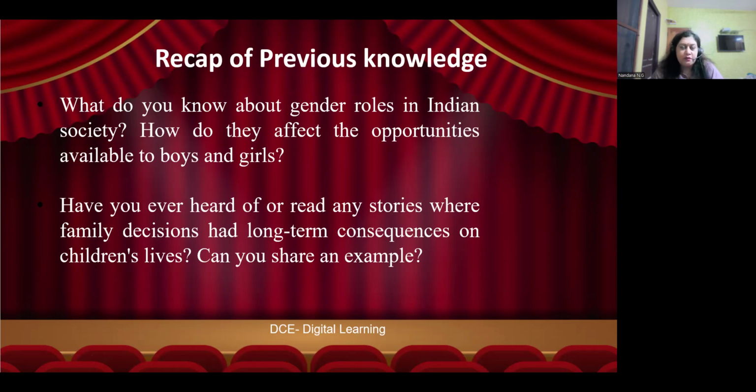Definitely, opportunities available to girls and boys are affected. Boys are expected to work at any cost. Boys are never expected to show their emotions, while girls are expected to listen. They are expected to follow. So anything to the contrary, for example, a boy showing his emotion, or a girl expressing her opinion, is never taken in the right stride,